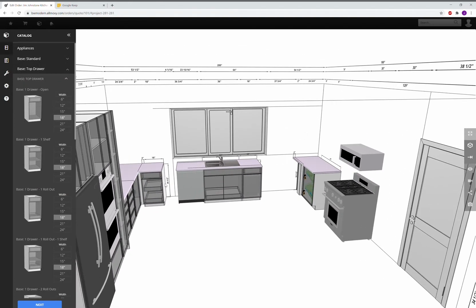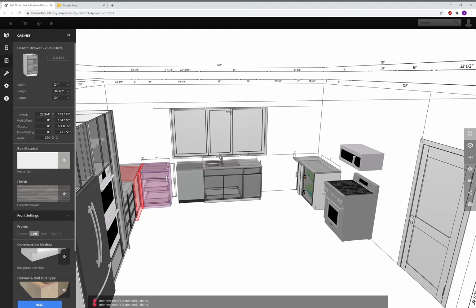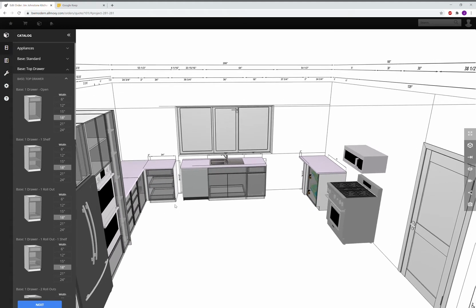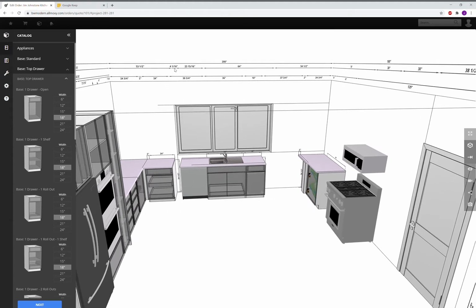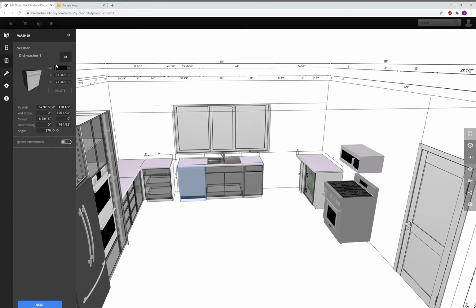And from there, now I'm going to just make it wide until it touches over here. So let's try 24 and see what that does. That's not quite enough. So it looks like I need another 4 1/16 there. Now I'm going to make my dishwasher 24 inches because that's just a better size for a dishwasher, and that's how much space I want to make sure that I leave myself when I do